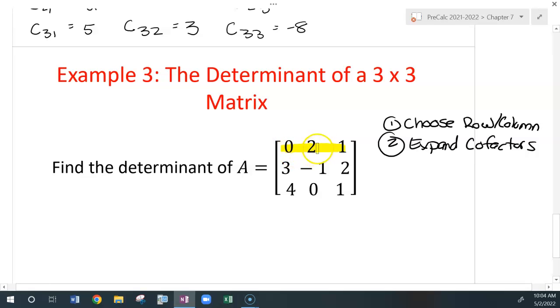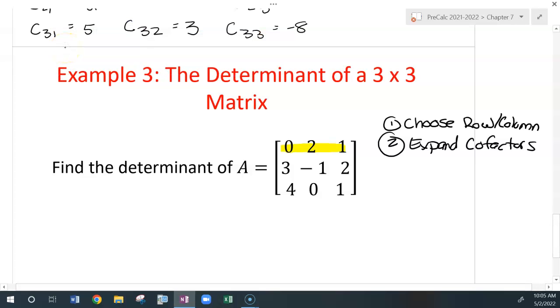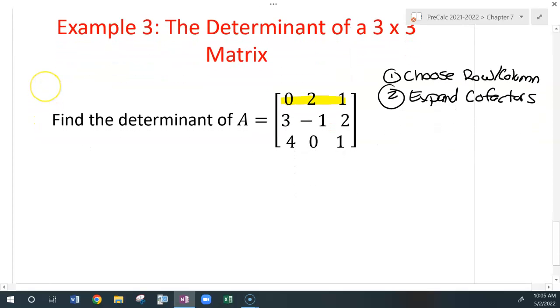I have a 0, I have a 2, I have a 1. 0 is super easy. 1 is easy. 2 is kind of, but it's all right. So I'm just going to pick that first one. I could pick any column I wanted. I could pick any row I wanted, but I've chosen the first one. So what I'm going to do